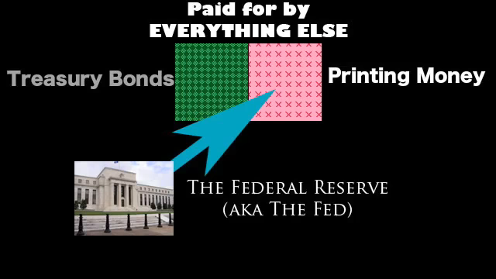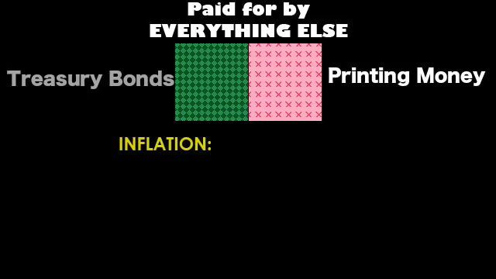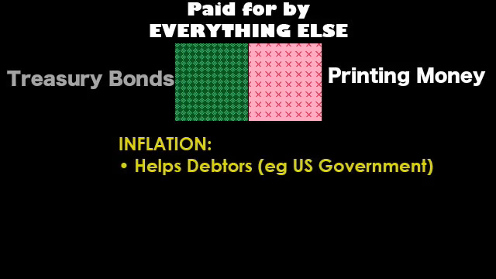Inflation is a classic double-edged sword. By making the currency worth less, people who owe money in that currency owe less. This includes, in this case, the U.S. government. Many short-sighted economists see this as a godsend to quell the over-expanding national debt. However, there are many downsides to inflation as well.